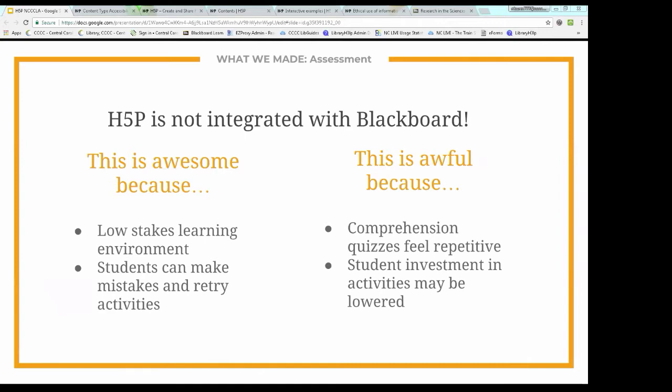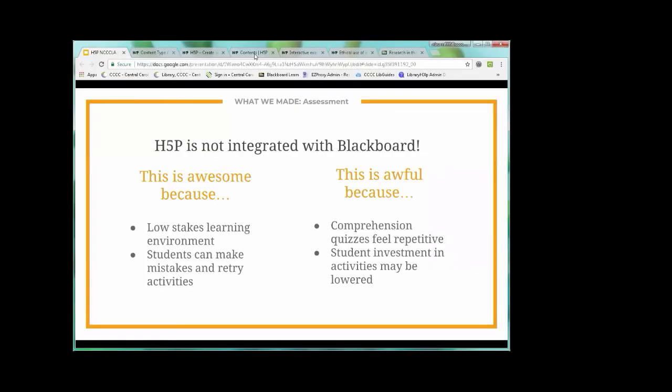In terms of other LMSs, which people are talking about in the chat, it does work with Moodle. And I have a screen up if you are on H5P. H5P has amazing documentation, and they are coming out apparently soon with something called Software as a Service that is going to allow LTI integration with a variety of LMSs. But it's likely to be a paid option. So I'm happy with what we have right now.